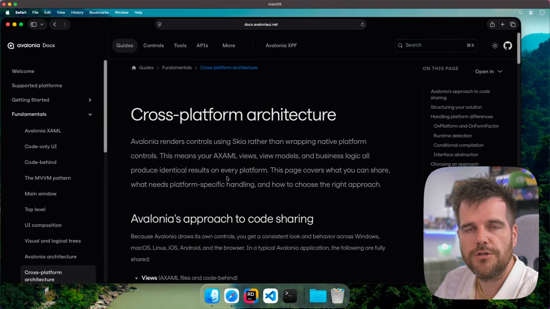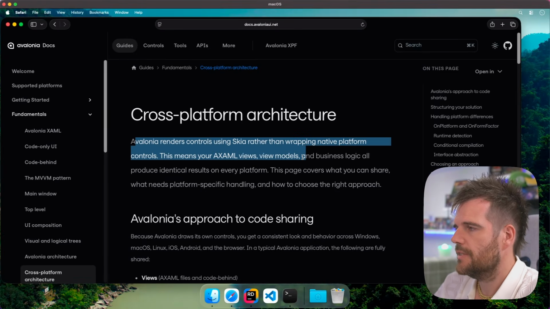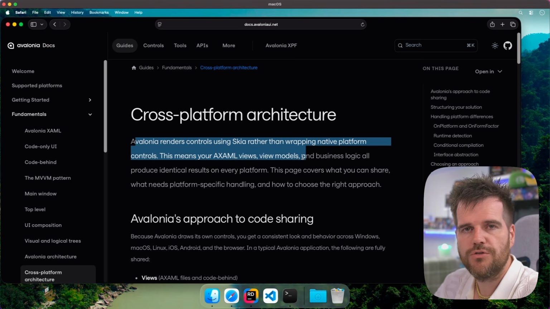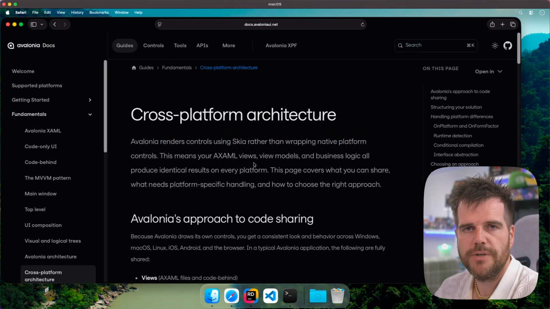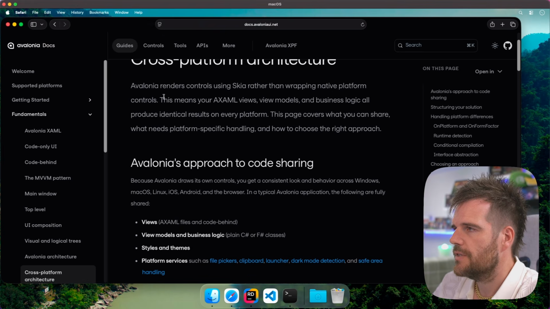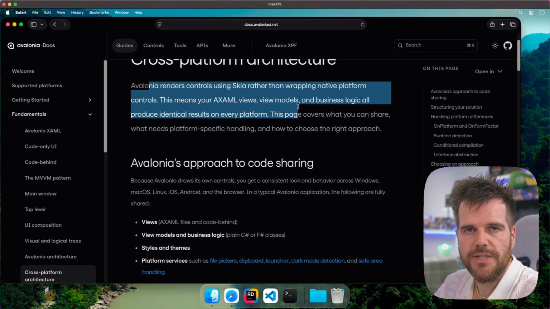We touched on the cross-platform rendering in the last video, and now we'll talk a bit more, not necessarily just about Skia, but how the cross-platform works in Avalonia in general. How do we code for multiple platforms? So the first thing it mentions, and this is really important, this is the reason I used Avalonia from the